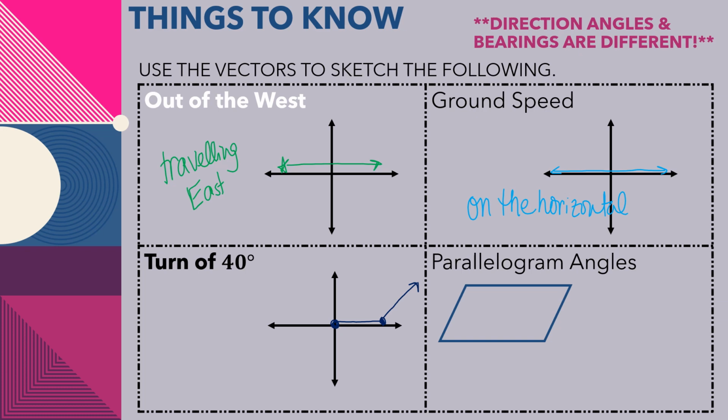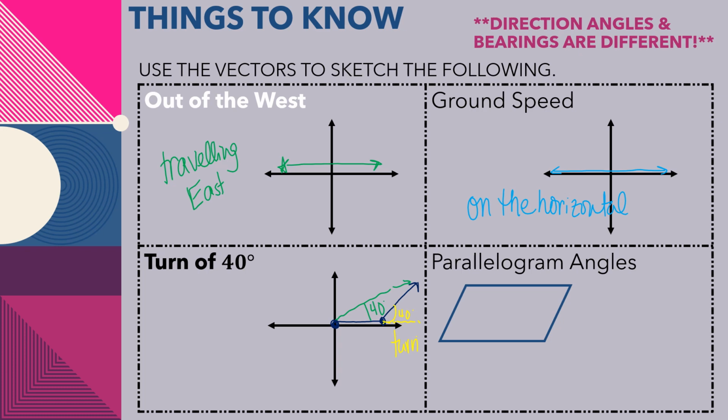happens, where does that happen? That's right, it's on the outside because I would be continuing to travel eastwardly. So there's the turn of 40 degrees and its supplement 140 degrees would be on the inside if I were to create a triangle from two different vectors or something. Okay, so